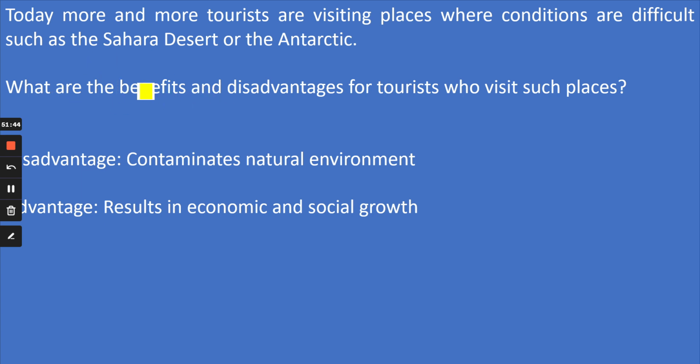The question is asking about advantages and disadvantages for the tourist. In fact, the candidate who has written this essay is mentioning advantages and disadvantages from the point of view of one particular country where these places are. He is talking about these from the point of view of the government. So suppose in India there is one desert or maybe one area, maybe Siachen. Siachen is very extreme, people do not even go there. But suppose a lot of people are going over there.